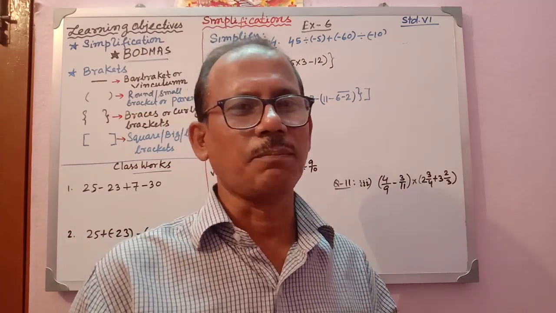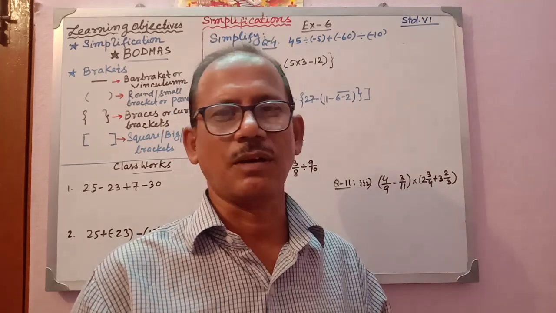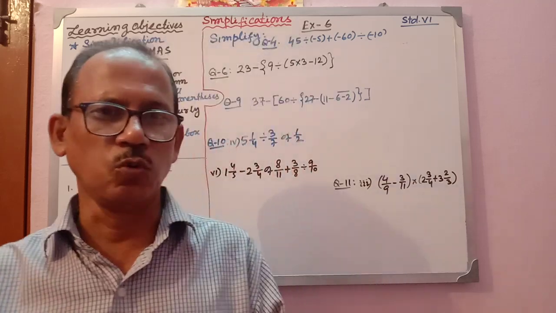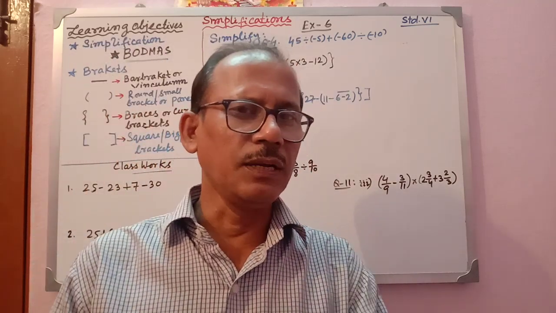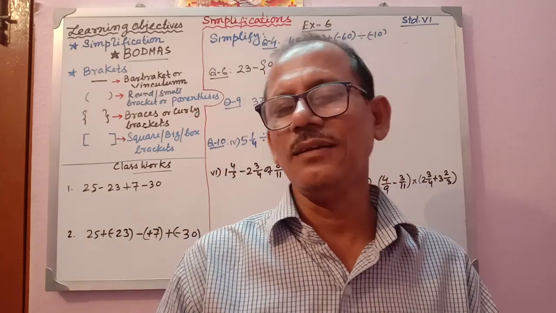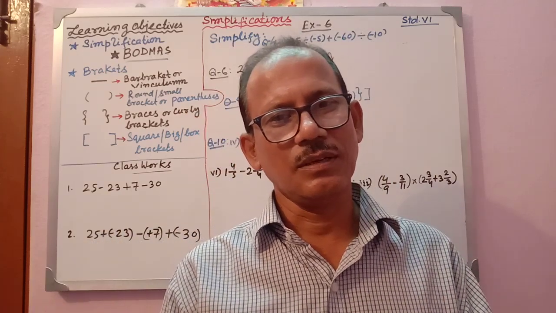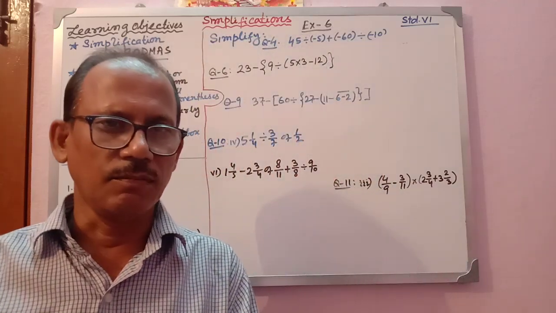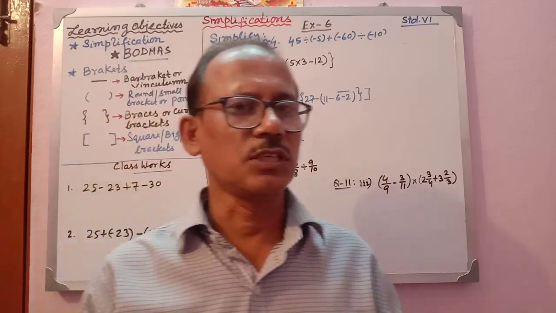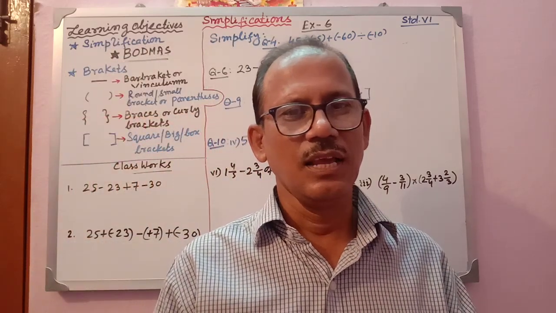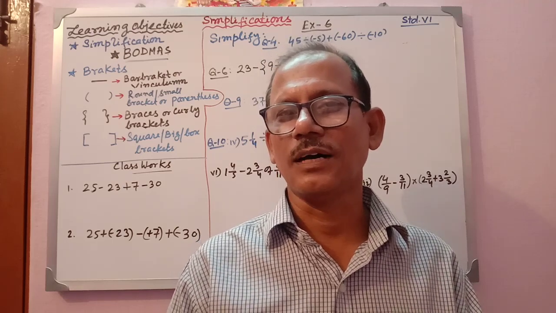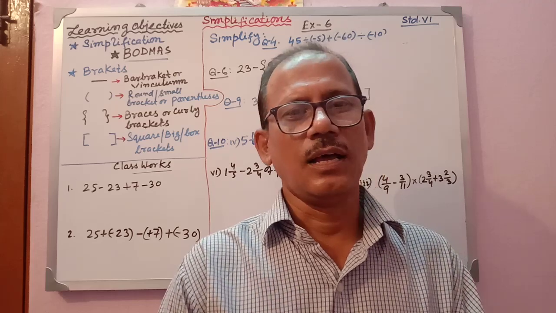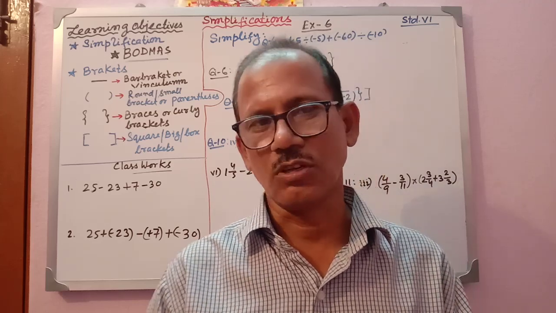Simplification means, you know that math has four basic operations: addition, subtraction, multiplication, and division. In one sum, if you have to do all these operations together, or repeated use of these operations, and come to a solution, that is called simplification. And once you implement repeated addition, multiplication, subtraction, and division, then you need the help of brackets, which work along with all these operations together. If you solve it and come to a solution, that is called simplification.